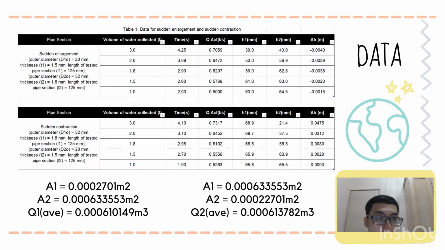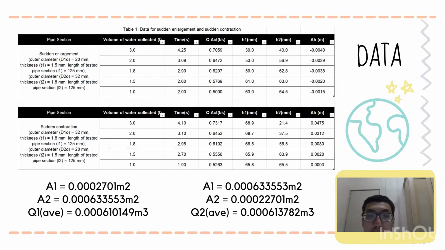The first one is about the sudden expansion experiment, with outer diameter of 30 mm, thickness 1.5 mm, length 135 mm, and outer diameter 32 mm, thickness 1.8 mm. The water volumes that we use are fixed at 3 liter, 2 liter, 1.8 liter, 1.5 liter, and 1 liter. For example, the time used to collect 3 liter of water is 4.25 seconds, and the H1 is 39 mm, the